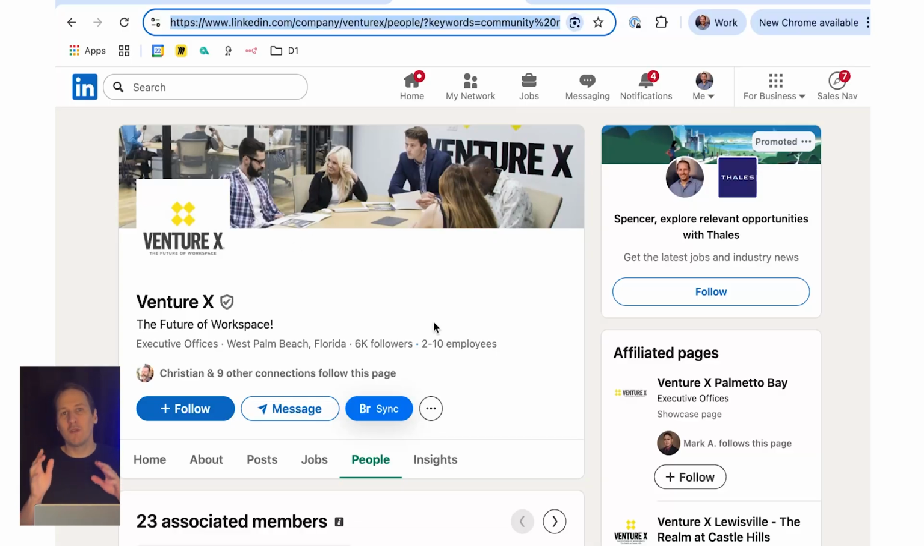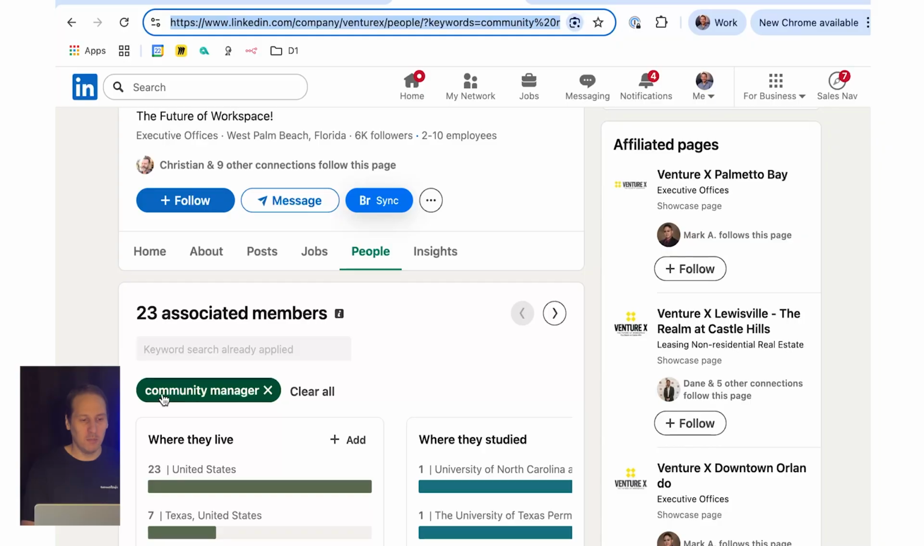And I would recommend that you train a virtual assistant to do this process because it is a little bit of work up front, but this is the best way I found how to do it. Maybe someone has a simpler way, but this is the most simple way I found. So you would go to their company page on LinkedIn, and we're going to look for the community manager